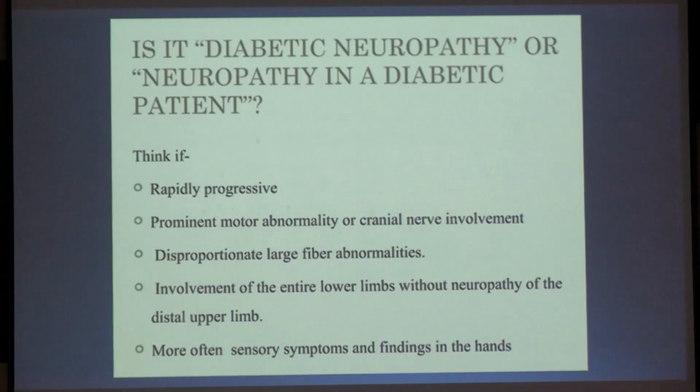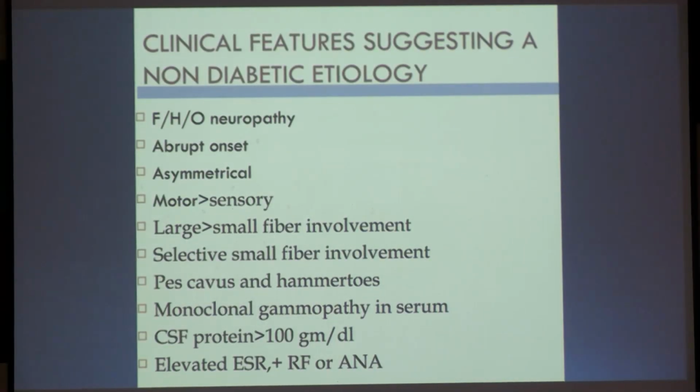Repeat: rapid onset, rapid progression, prominent motor abnormality or cranial nerve involvement, disproportionate large fiber, involvement of the entire lower limb, and more often sensory neuropathy. And this is the summarized form. Family history of neuropathy: